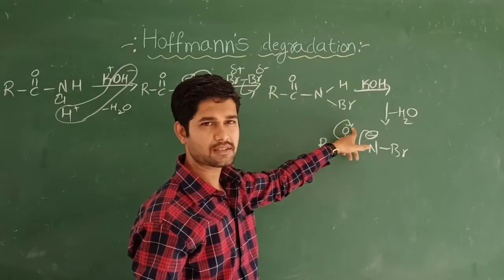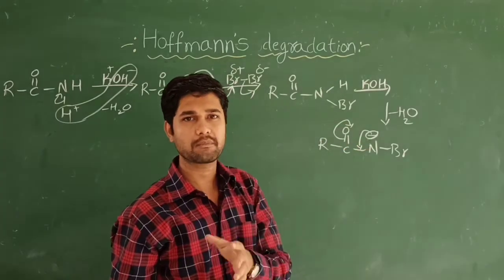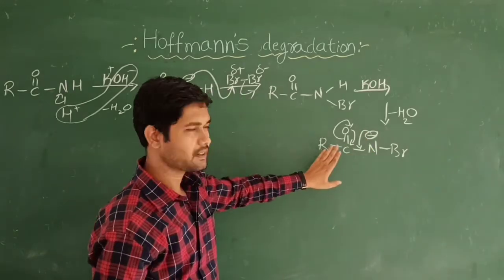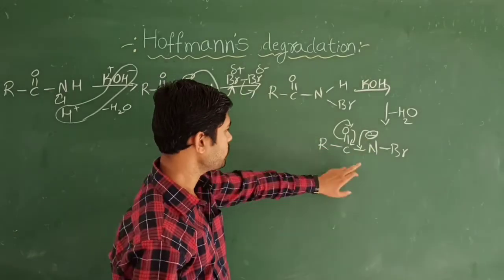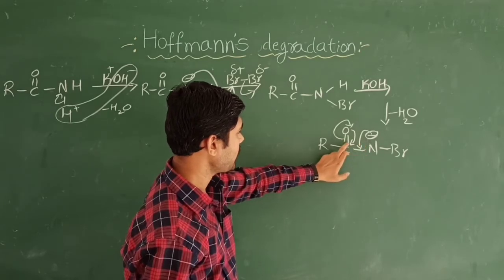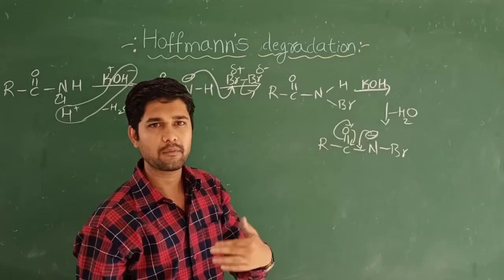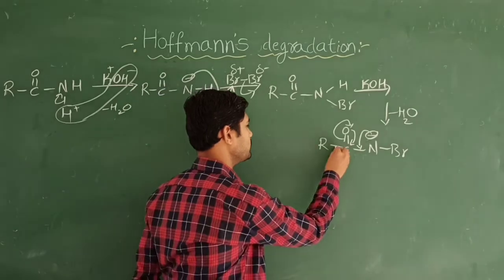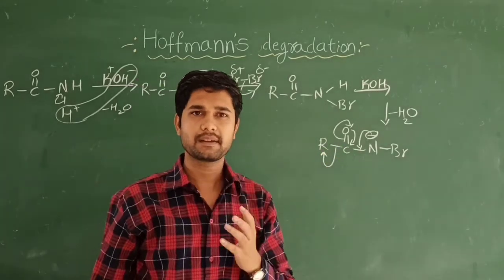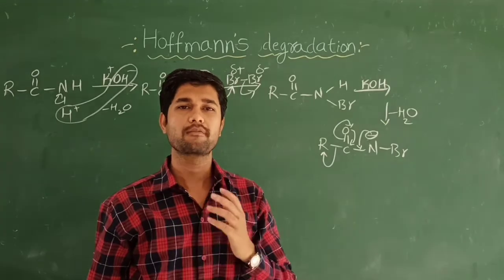So this negative charge again goes for the back donating bond. This back donation bond will come in, and once again now the bond becomes 5. How? This is a new bond: 2, 3, 4, and 5. So what am I going to eliminate here? I am going to eliminate this alkyl group, because our aim is to get RNH2, that is called primary amine.